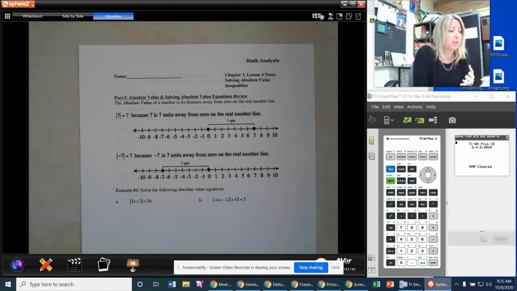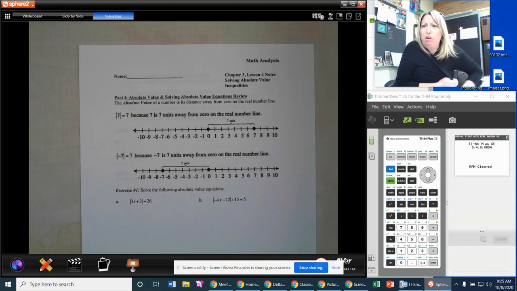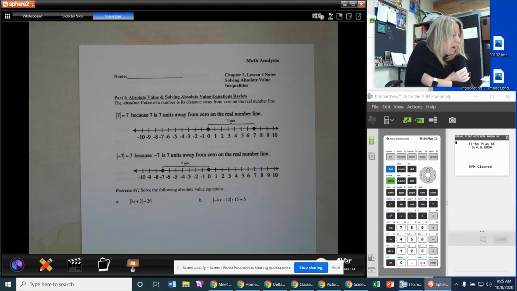We reminded ourselves that absolute value, oh my God, this room is Antarctica. Oh. Anyway,